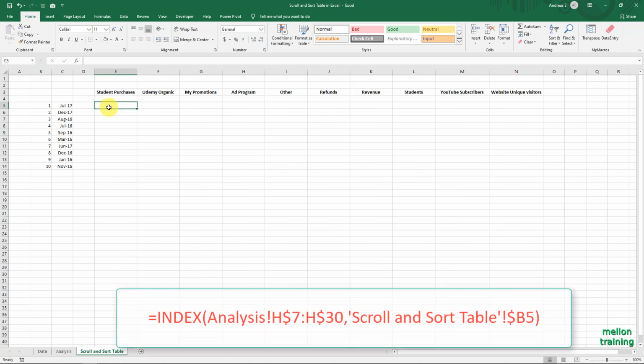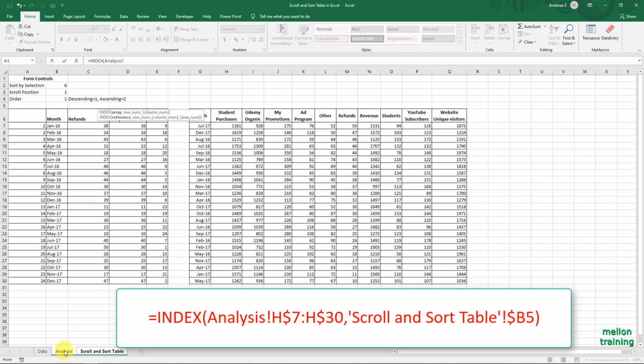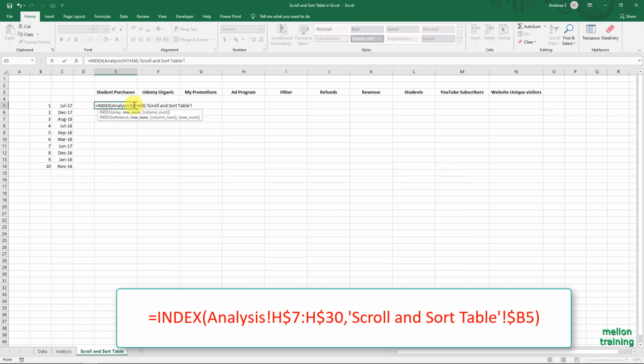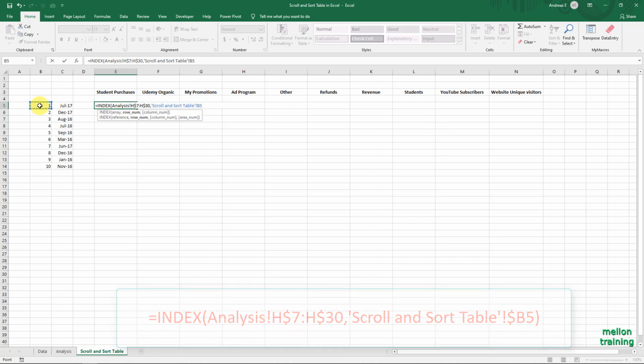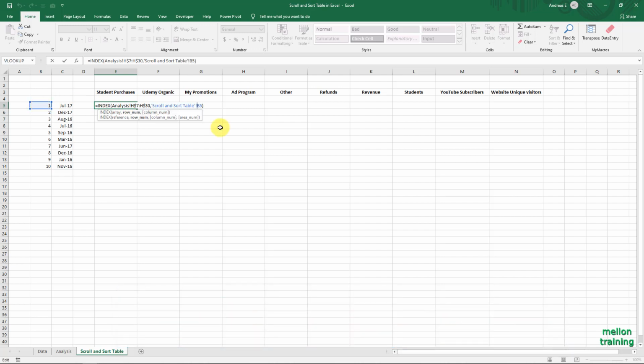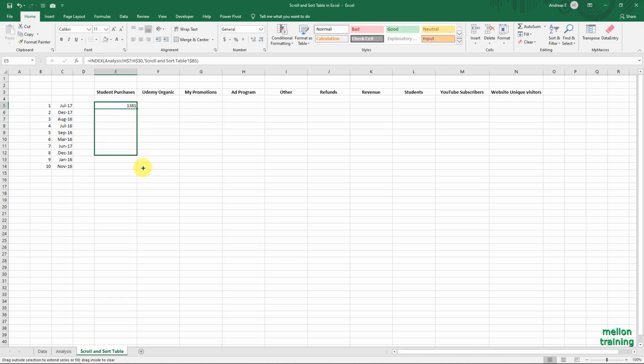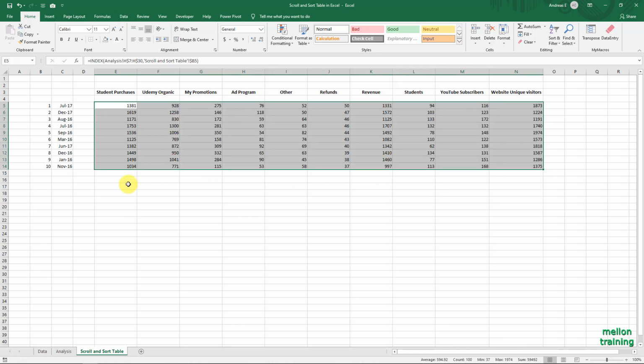Type equal index, the array is student purchases values, with absolute in front of rows, and the row number argument is B5, the B with the $ sign. Copy this formula down and then to the right and make some formatting.